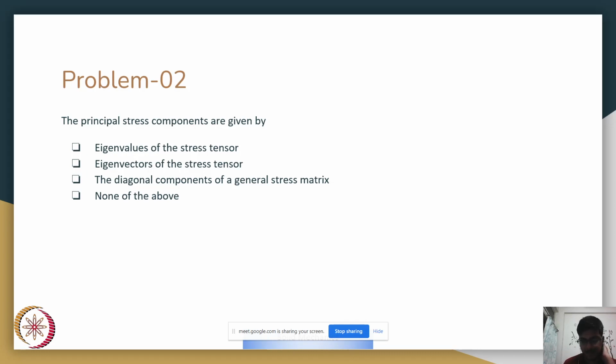Eigenvalues of this stress tensor. Yes, correct. So, if you look through the derivation of the principal components, you will typically have an objective function of the form, which tries to, we typically have an objective function f of n comma lambda where lambda is a Lagrange multiplier which we apply to the constraint equation which is summation n_i squared minus 1 equal to 0